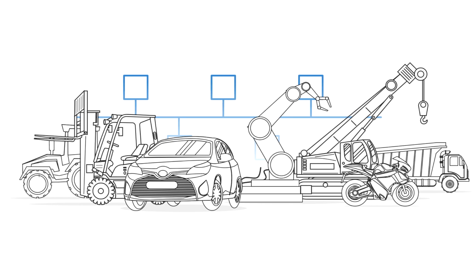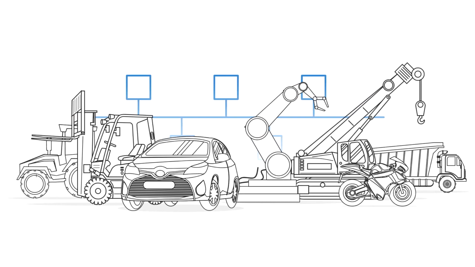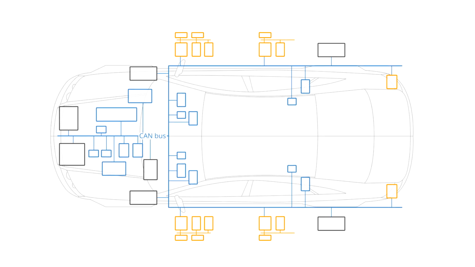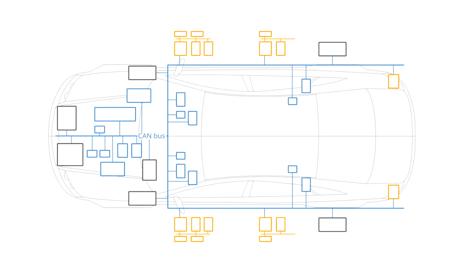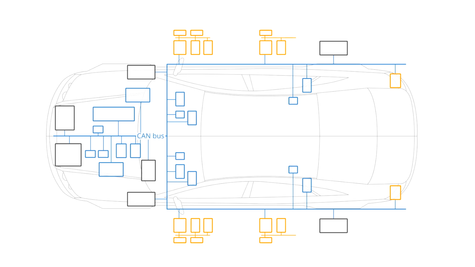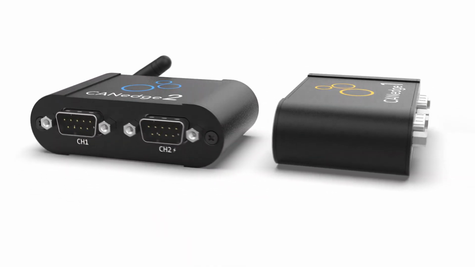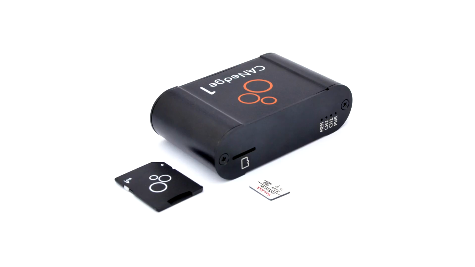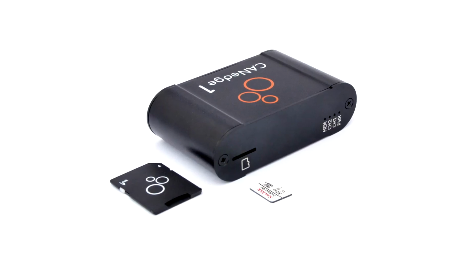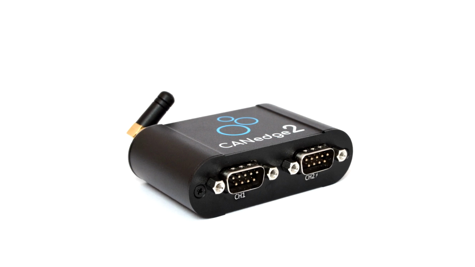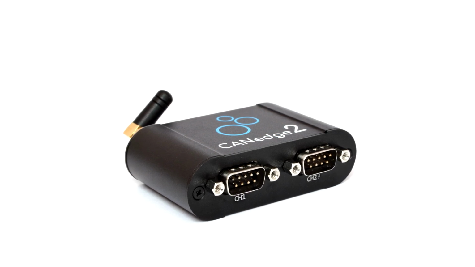First, let's briefly recap what CAN bus data is. The Controller Area Network, aka CAN bus, is used in most automotives today, as well as maritime vessels and machines. To record CAN data, you can use a CAN bus data logger. For example, the CAN Edge 1 lets you record raw CAN data to an SD card. Further, with the CAN Edge 2, your data can be auto-pushed via Wi-Fi to your own server.